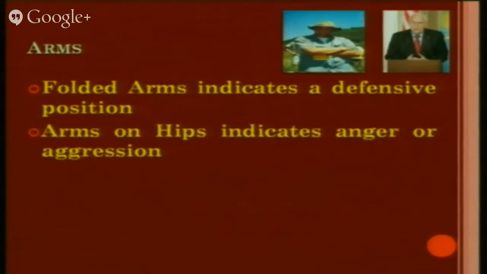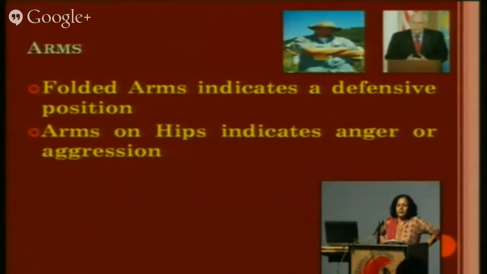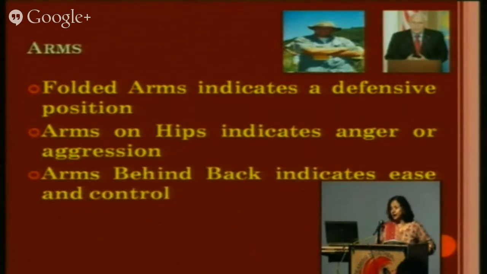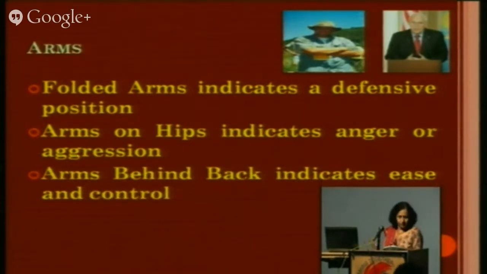Arms on hips, आप अकड़ के खड़े हो जाते हो, ठीक है। जब आप अकड़ के ऐसे खड़े हुए हो तो अपने आप ही एक जैसे गुस्सा आता है ना जब आप, तो आप ऐसे खड़े हो जाते हो, फिर आप आराम से ऐसे नहीं खड़े रहते हो। सो दैट शोज दिस टाइप ऑफ बिहेवियर। आर्म्स बिहाइंड बैक इंडिकेट्स ईज एंड कंट्रोल। तो आपको इन चीजों का भी ध्यान रखना होगा। कई बार हो सकता है आप इतना गुस्से में ना हो, पर आपको जो ऐसे अकड़ के खड़े रहने का है ना, वो पता टीचर बहुत गुस्से में थे नहीं आप, तो वो एक रॉन्ग सिग्नल स्टूडेंट को देगा।